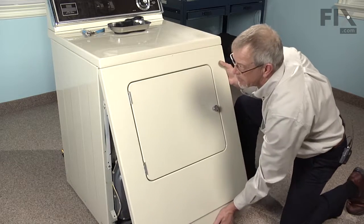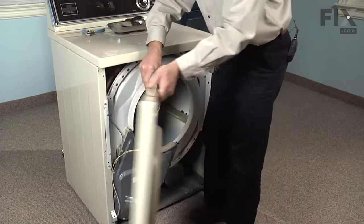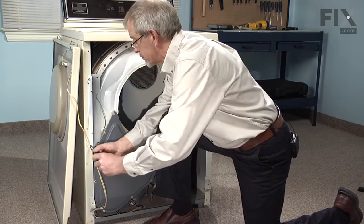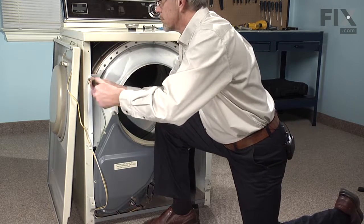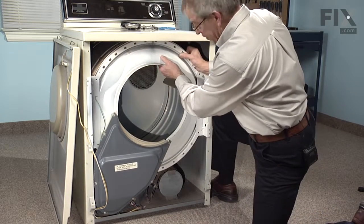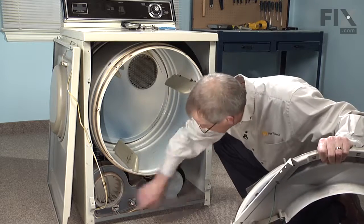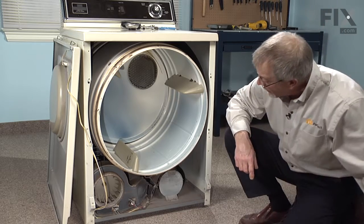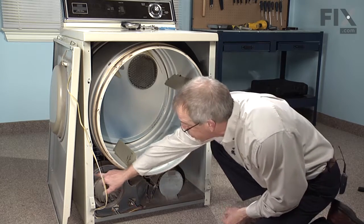Pull the front panel forward. Pull forward on it, lift up and pull forward. When we've exposed the drum, blower wheel, and retaining ring. Next, we need to remove the 1/4 inch hex head screws that are all around the